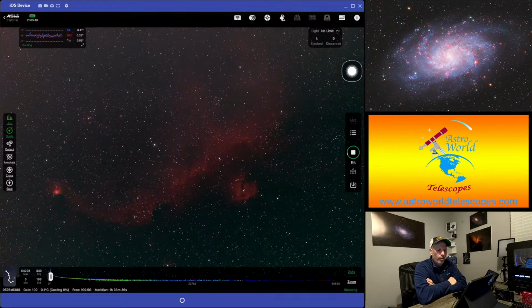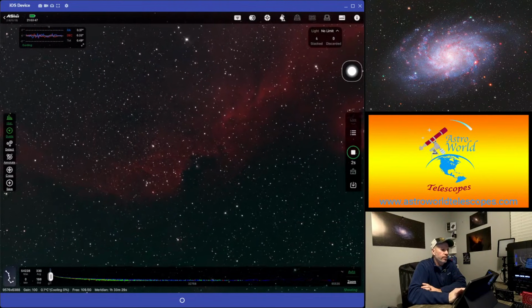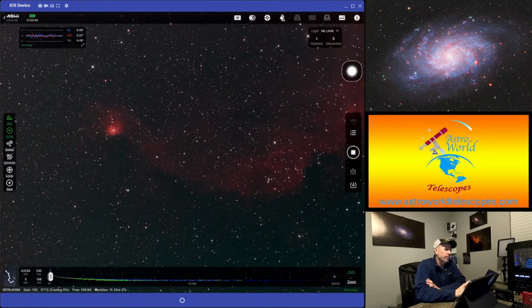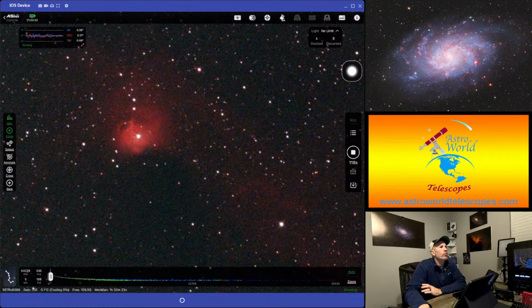All right, so one more. We've got 4. It's looking pretty good, actually. This is the Seagull Nebula. That's really cool. I can tell you that this little piece of nebula here with this star in it